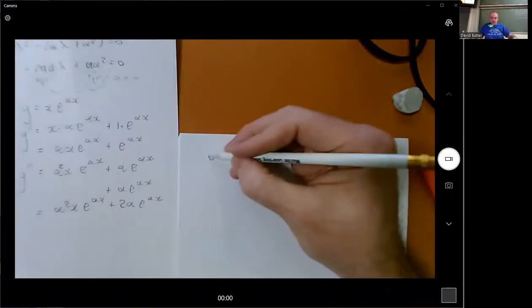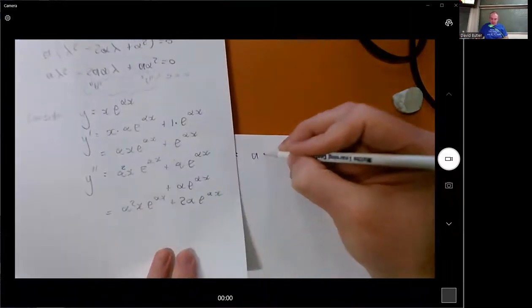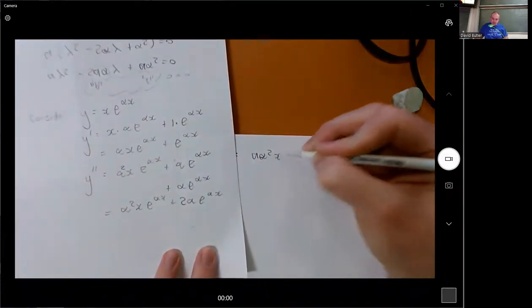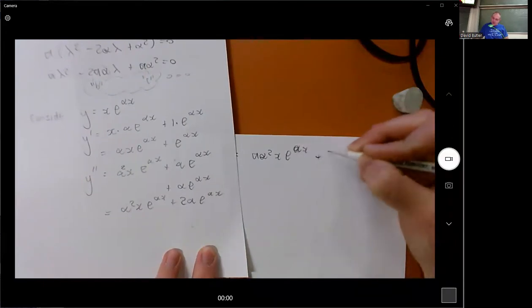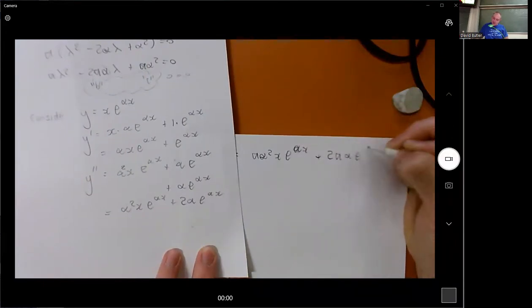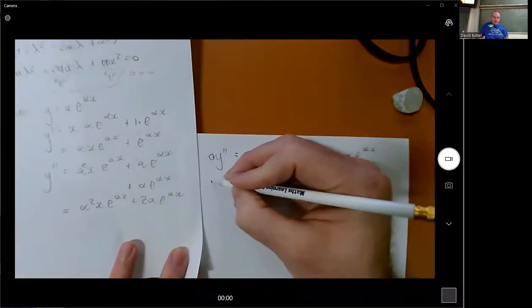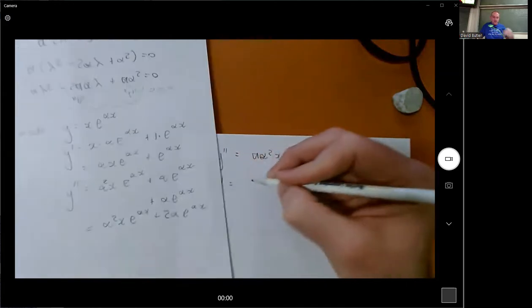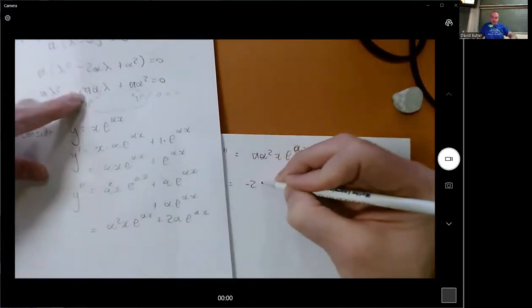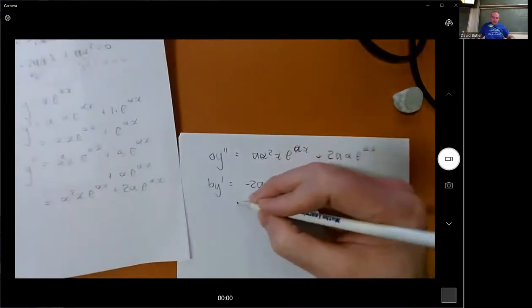So a of y double dash is a alpha squared x e to the a alpha x plus 2a alpha e to the alpha x, and b y dashed is the same as